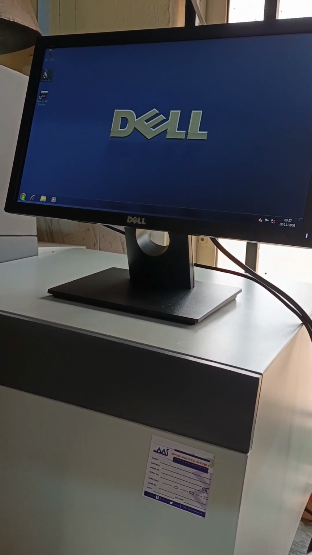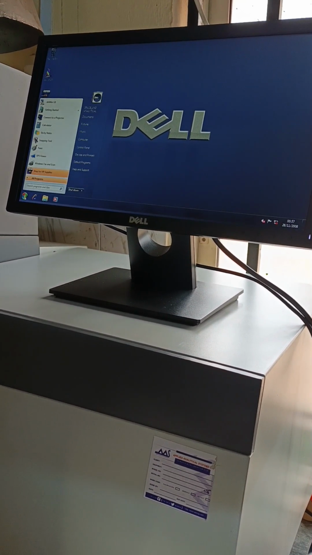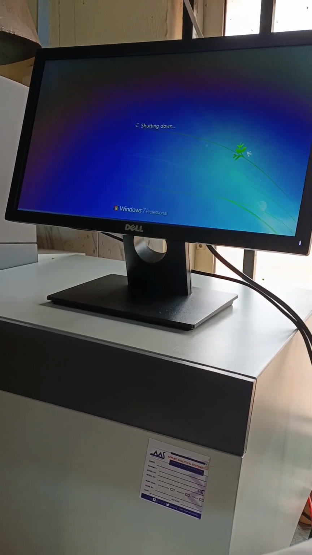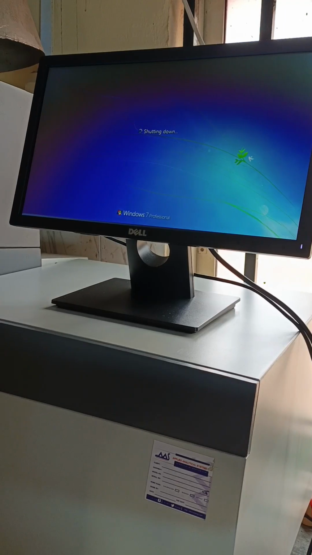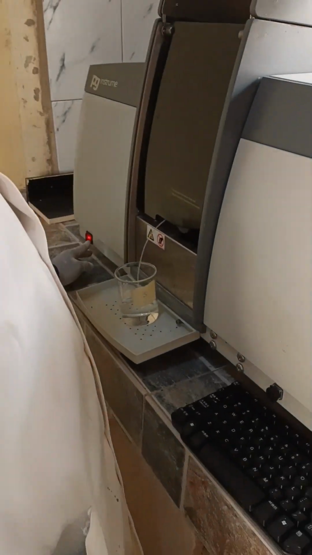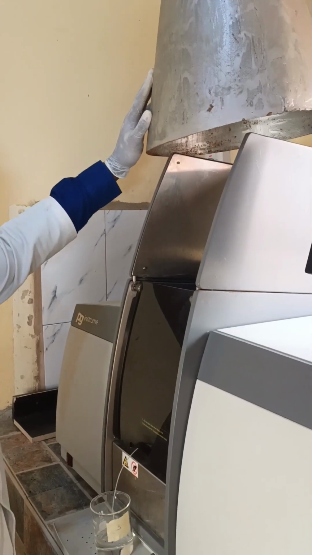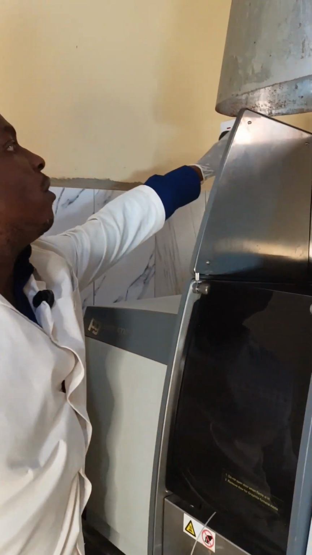And then carefully, we come to start and shut down the computer system. Once the computer system is shut down completely, we turn off the equipment. Then we have to make sure that as we are done with the test, we turn off everything,